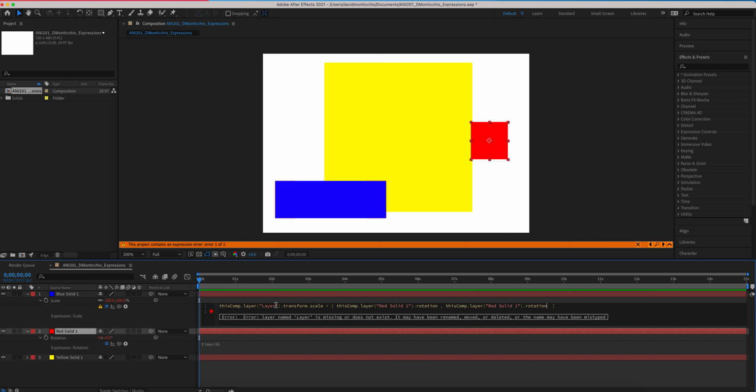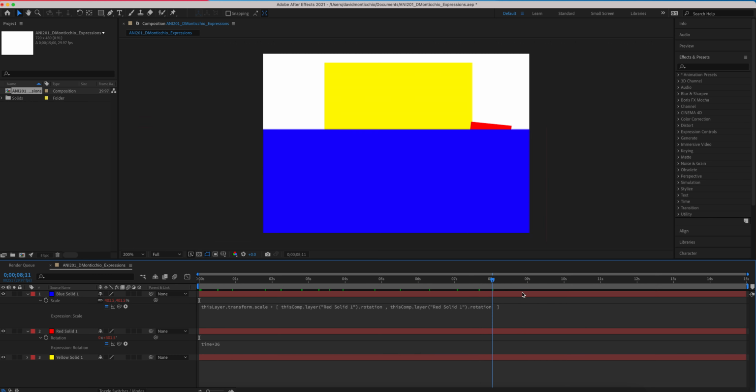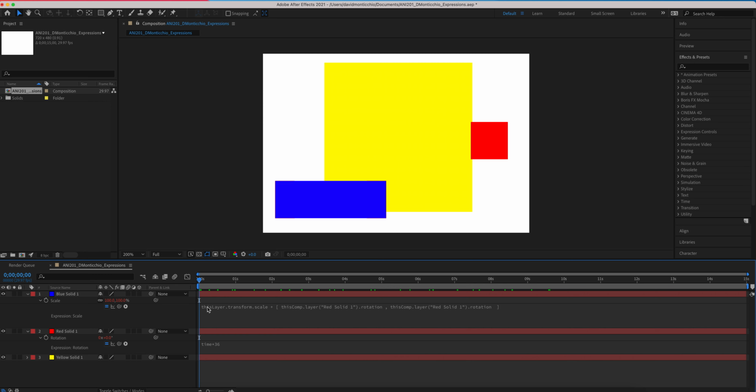This comp layer dot layer, this layer is blue solid, transform scale. So this blue solid, there we go. And matter of fact, I probably don't even need to say this comp dot layer. I probably need to only say this layer. This layer dot transform dot scale. There we go. Now it'll scale up X and Y with that layer. Okay, so I got the this layer dot transform dot scale plus, and then there's the stuff